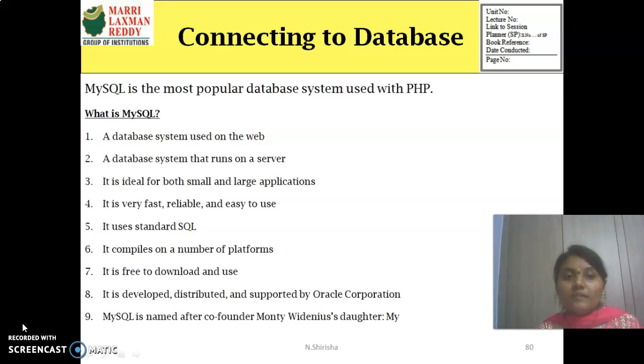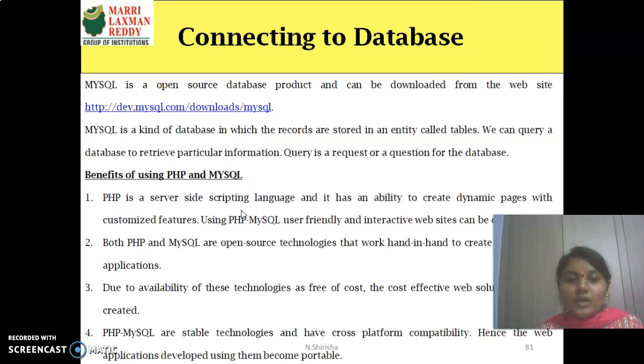Okay, with this knowledge, let me tell you what MySQL is. It is an open source database project, so you can download it using this link. MySQL is a kind of database in which records are stored in the form of tables. A table is nothing but rows and columns, and each row we call a record. So a set of records is stored in our database, right? We can store the data in the form of tables, retrieve the content from that database to our WAMP server, and handle the results in such a way.